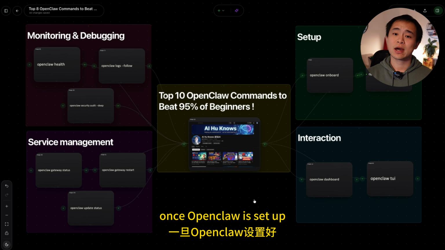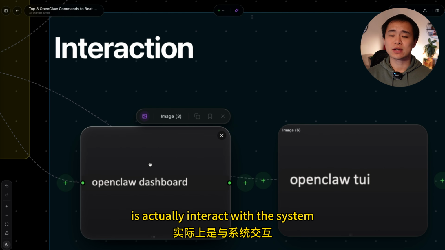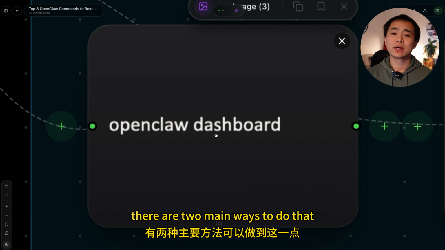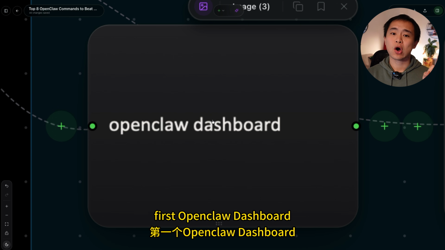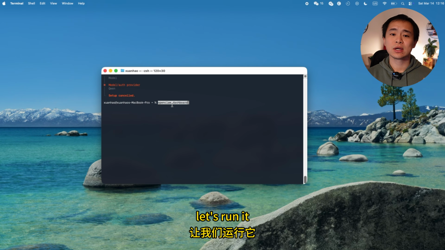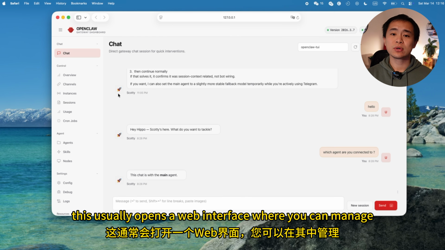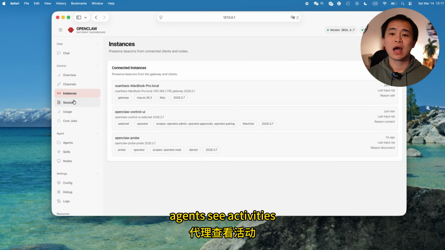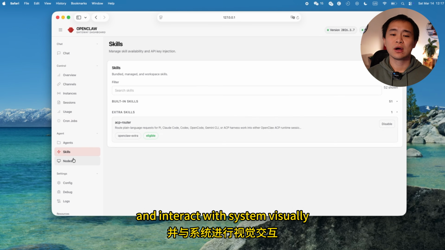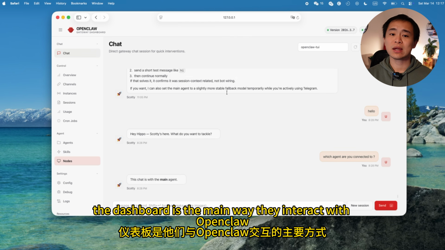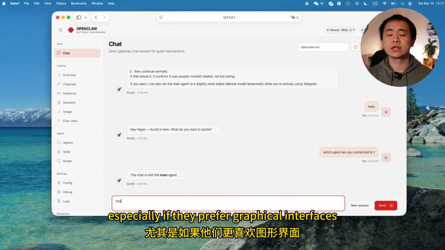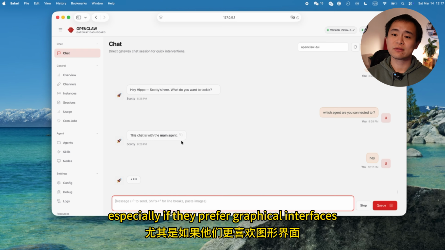Once OpenClaw is set up, the next thing you will want to do is actually interact with the system. There are two main ways to do that. First, OpenClaw dashboard. Let's run that. You can see that this launches the OpenClaw dashboard interface. This usually opens a web interface where you can manage agents, see activities, and interact with the system visually. For many users, the dashboard is the main way they interact with OpenClaw, especially if they prefer graphical interfaces instead